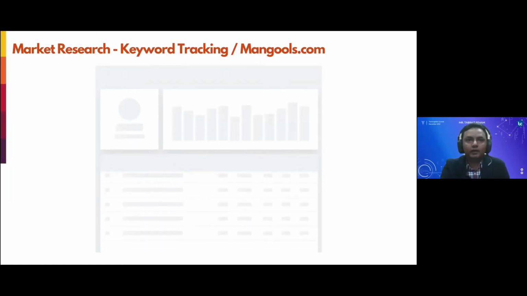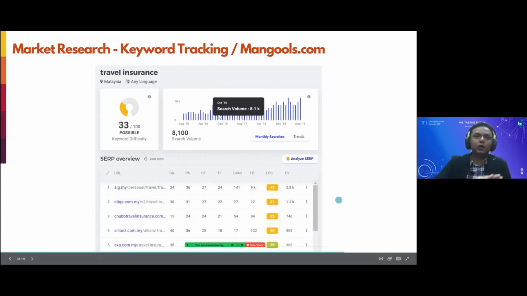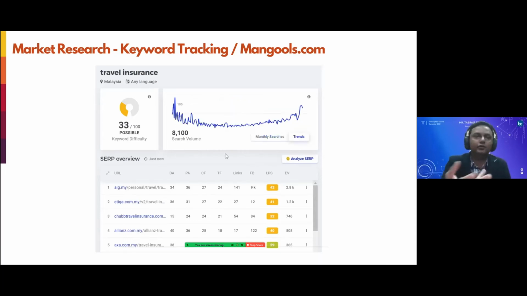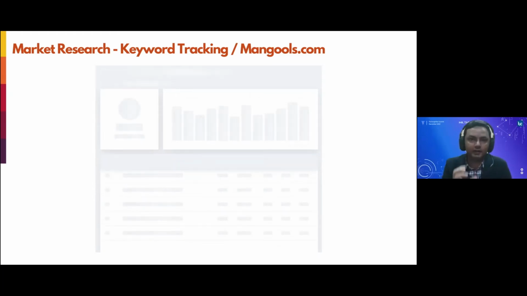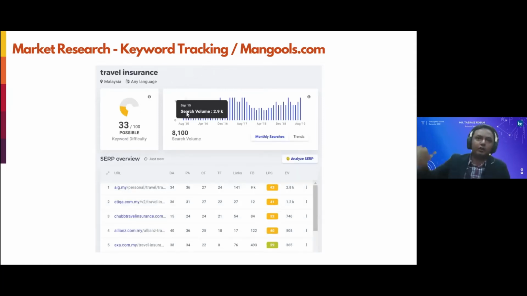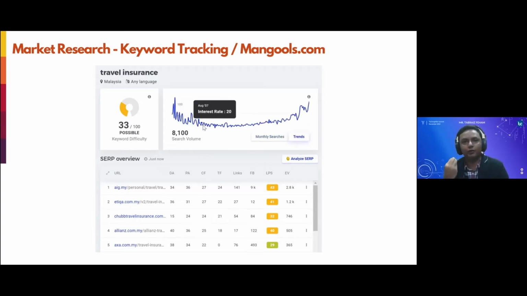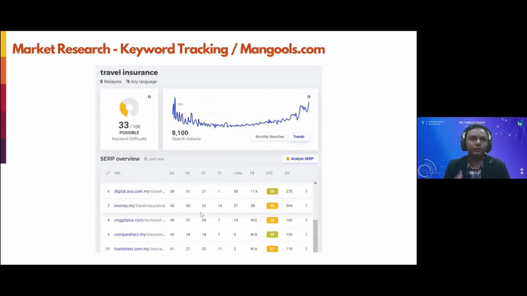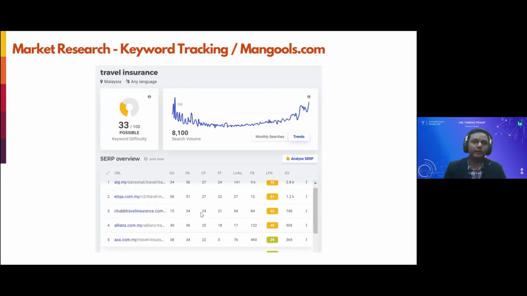There is another feature in the tool where you can see the historical analytics of a particular keyword. Let's say you talk about travel insurance, you can see the popularity over the years, whether it has gone down or gone up. So over the years, you can ascertain whether the thing you are trying to do in that certain market is picking up traction or going down. From a product owner and product manager perspective, if you're building a product for a certain market, you must have these kinds of insights, whether the trend in that particular market is going up or going down.